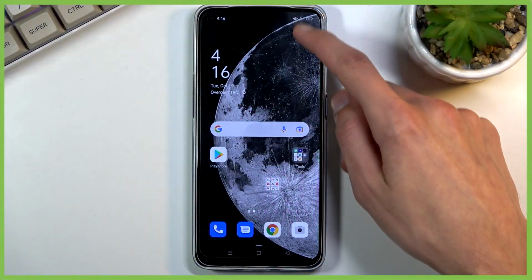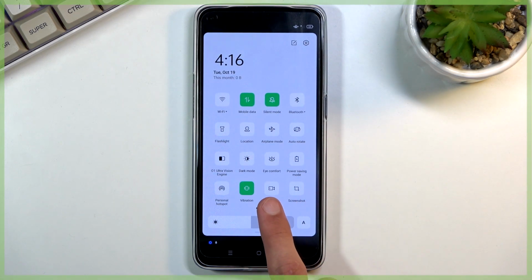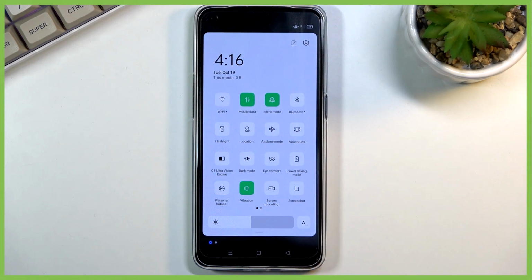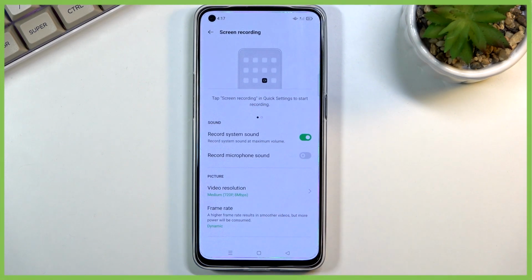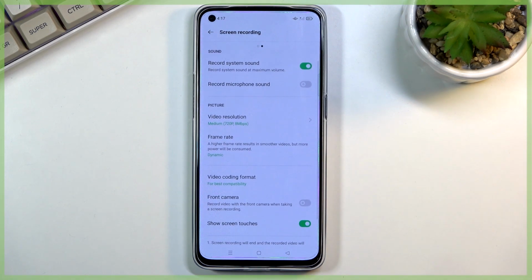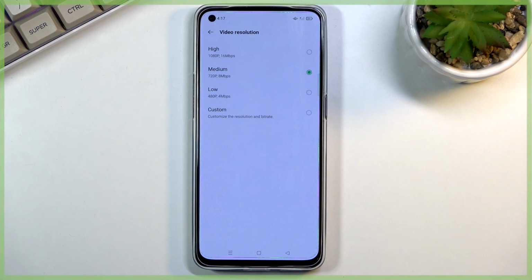So to get started, pull down your notification panel, expand it, and you'll find the screen recorder toggle right here. What you can do is either tap on it to instantly start recording, or you can hold it, and this will take you to the settings where you'll have options for customizing the quality of a video recording and a couple additional settings. So as you can see, we have things like video resolution, which is set to medium,